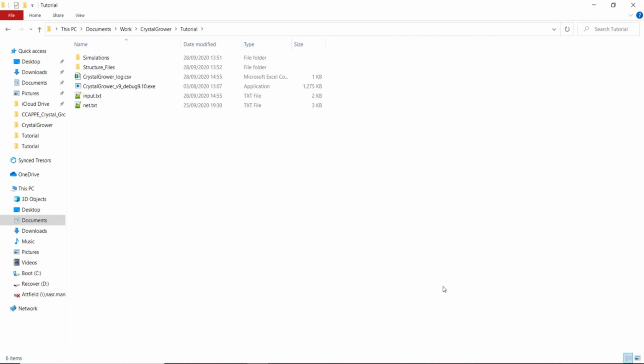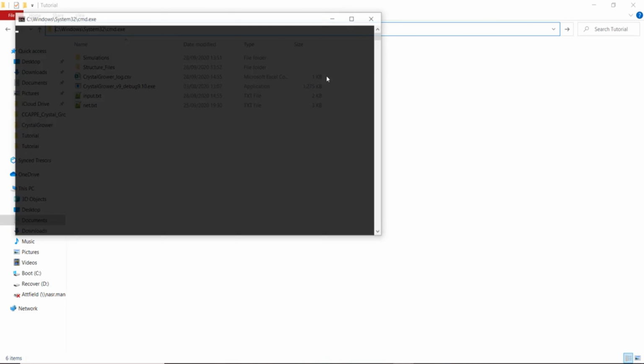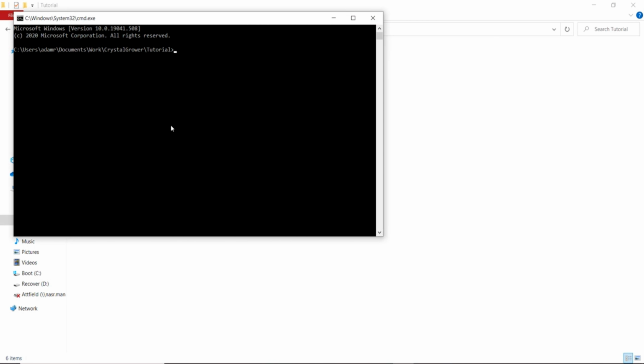I prefer using the latter example because a lot of supercomputers are based around Ubuntu architecture, so all the commands that you would learn to use on your own machine can also be applied to supercomputers or high-performance computing systems. So I'll show the Windows command prompt first. There's a quick way to get to it wherever you are in the computer in Windows. You can just type CMD into your address bar here, and it will load the command prompt in the folder